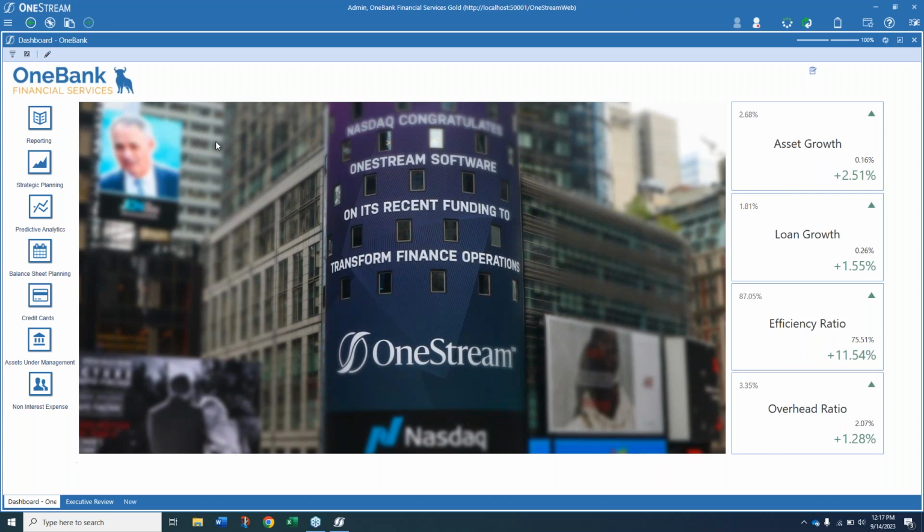So if an executive logs in and just wants to see a dashboard, when they log in, that can be the screen they see. All the way down to the analyst level, if they want to see some of the more balance sheet planning when they log in, they can see that, and we make it easy to navigate around the application. So how I'm going to go through the demonstration today is really through this workflow,